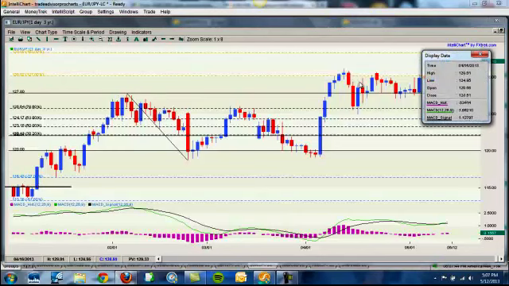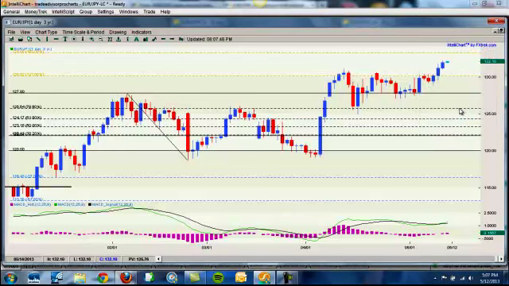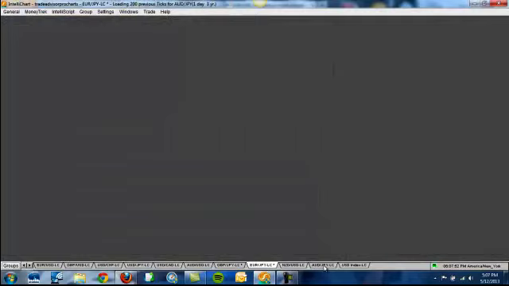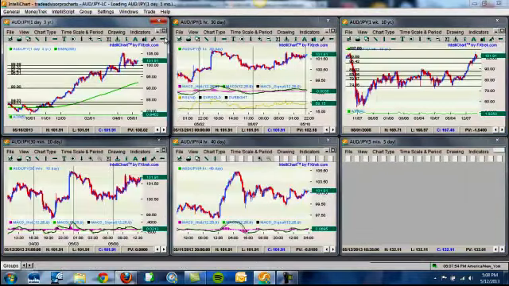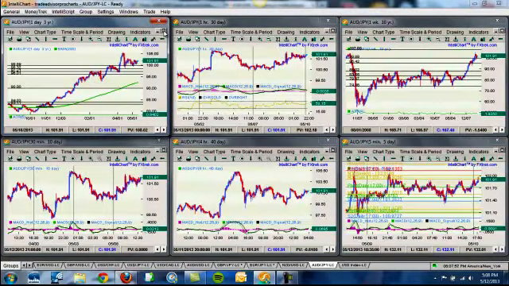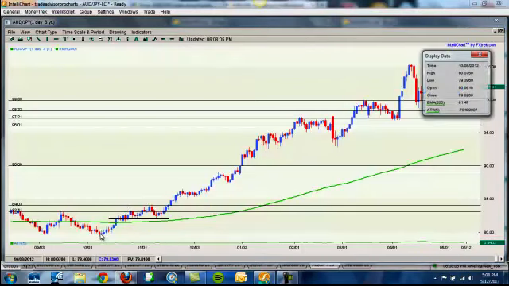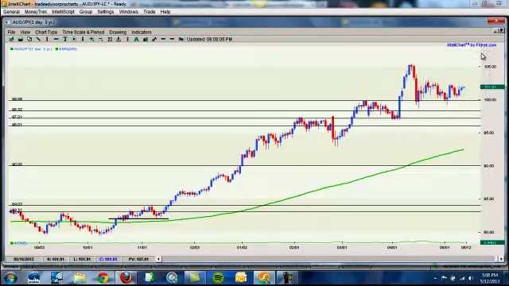Actually, even since January this year, this pair has gone up almost 2,000 pips. Aussie yen. Let's look at this one. This pair has gone up 2,500 pips since October of 2012. So we're talking about some significant